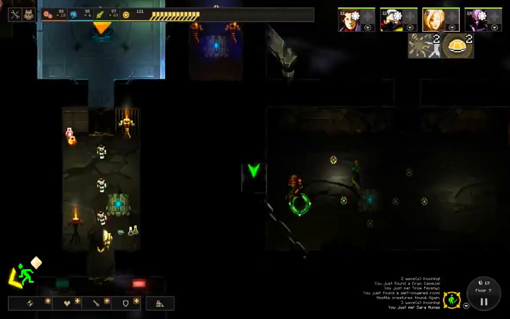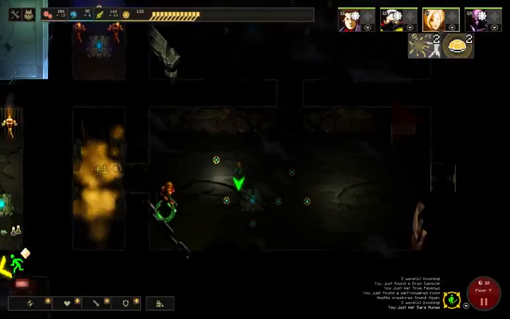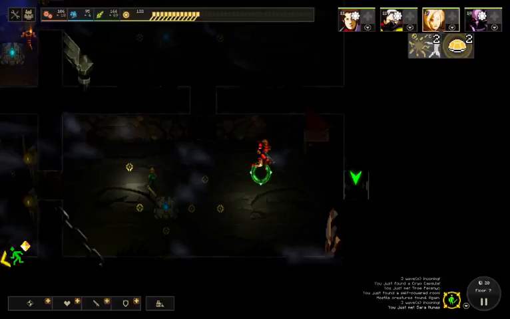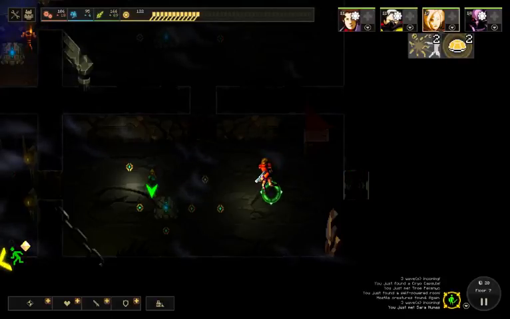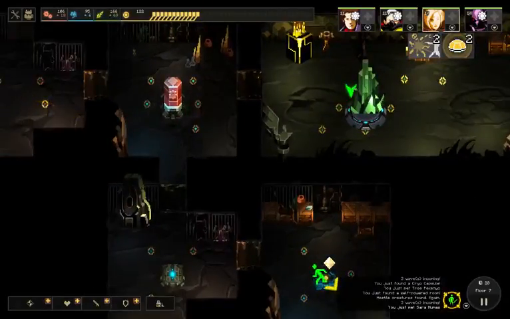And here I'm just going to barrel through the rooms, because there's not a whole lot I can do. If a monster spawns, I have to deal with it, but so far they haven't been spawning. And actually, because they haven't been spawning, I'm going to...